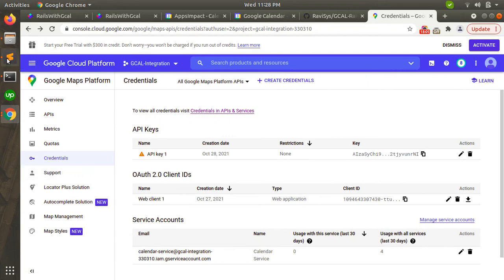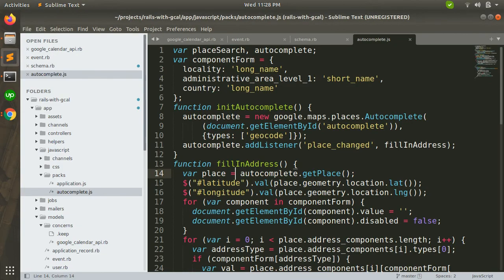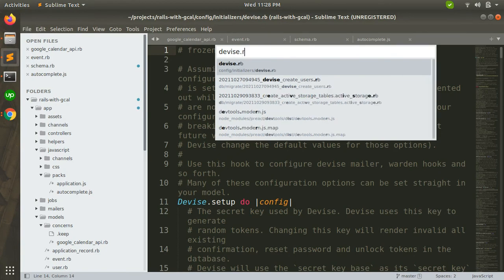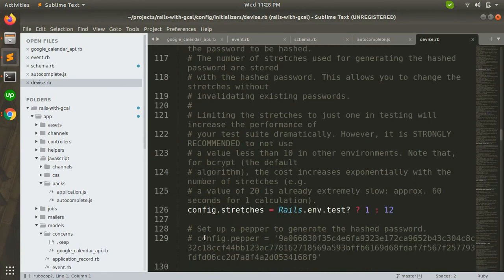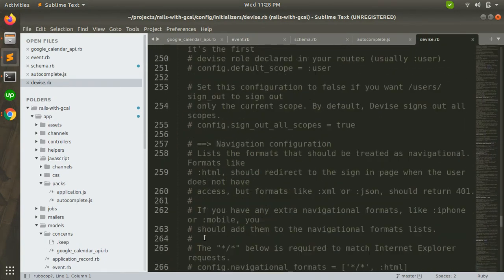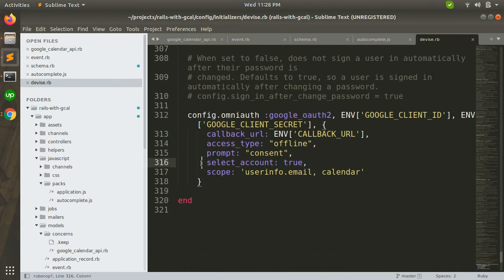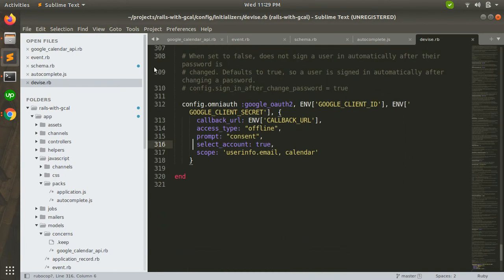And that you need to put inside devise.rb. You need to push it at the bottom of your devise.rb file. Here you can see that I have used config.omniauth :google_oauth2, and then here you need to provide the Google client ID and then the Google client secret, and then you can provide your callback URL, access type, prompt, select account true, and scopes: userinfo.email and calendar.